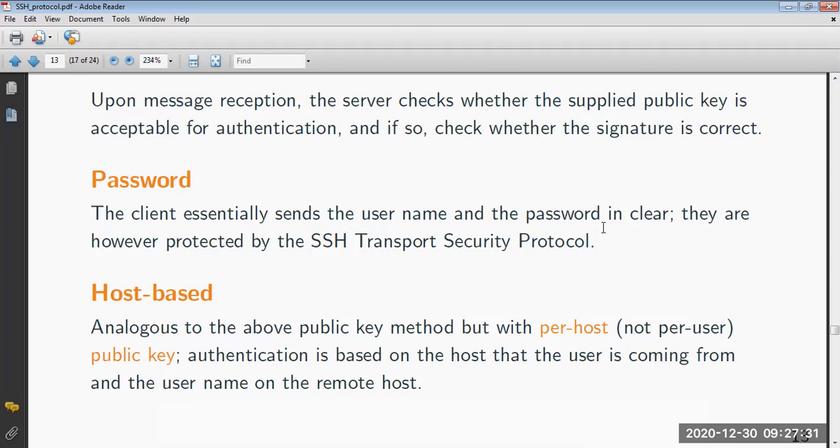Then we have host based. Host based is what? This is analogous to the above public key method, but per host. Public key authentication is based on the host that the user is coming from and the username on the remote host. Here,